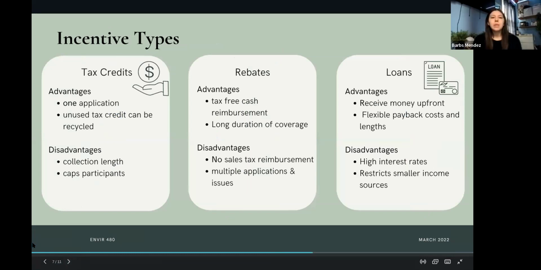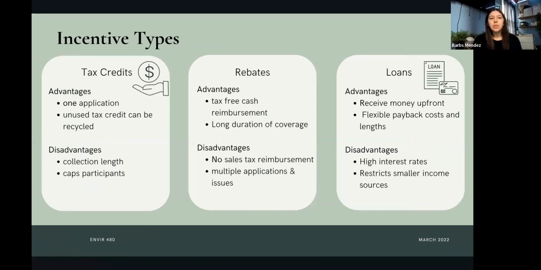I looked into 3 major incentive options: tax credits, rebates, and loans, to see which is most effective. So the advantages of tax credits is that it can cover a broad range of sustainable options under one application, providing homeowners with the opportunity to make multiple switches at once, and one application also leads to higher completion rates. Unused tax credits also can be carried over for multiple years, allowing for a larger time frame of installation and